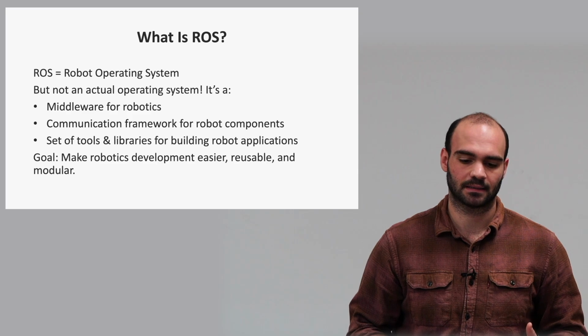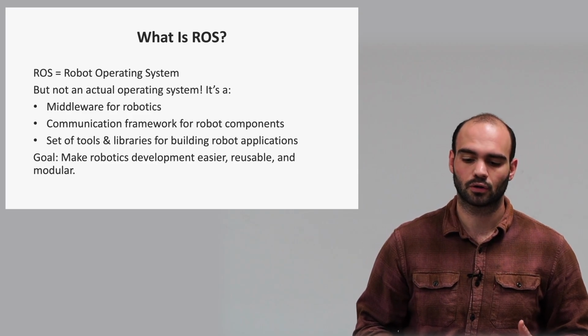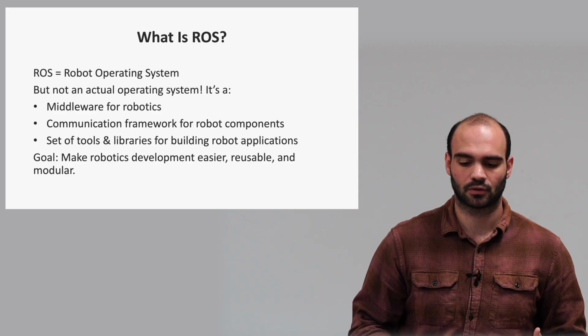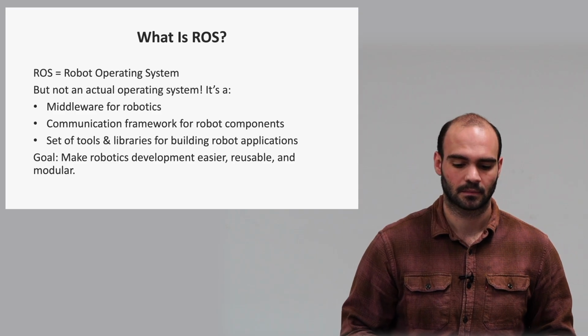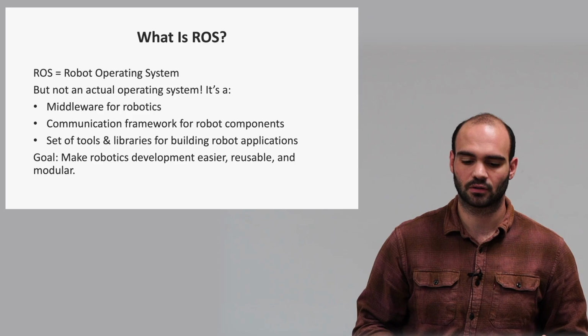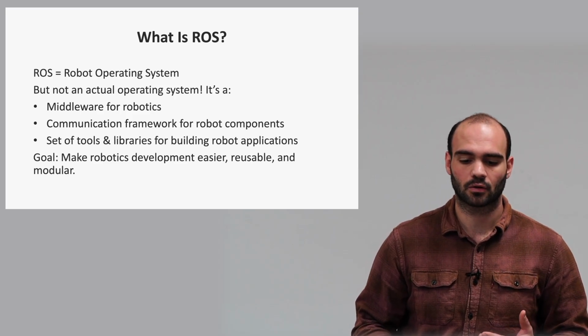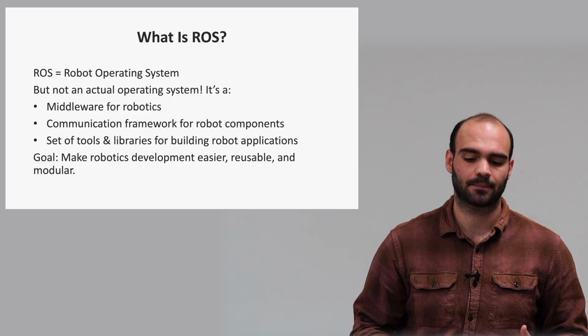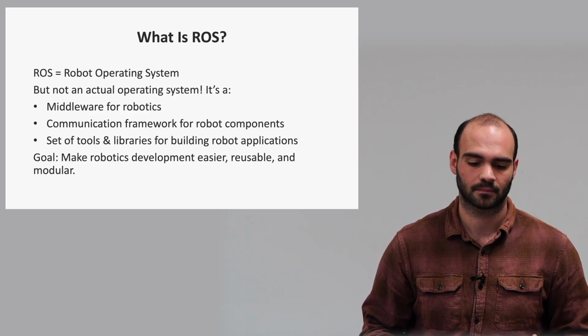Robots are complicated systems, and ROS helps make them easier to build. With ROS, we don't need to reinvent basic features like message passing, hardware drivers, or sensor processing. They already exist. There's also a huge ecosystem of open source packages for navigation, perception, and more. Because of this, ROS dramatically speeds up development and is used by hobbyists, researchers, and industry.